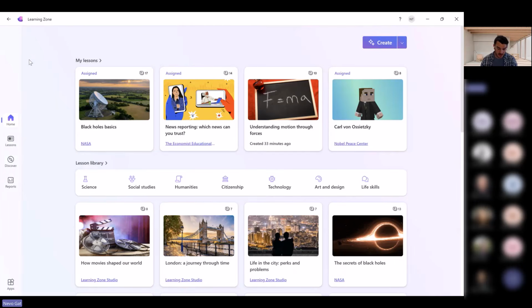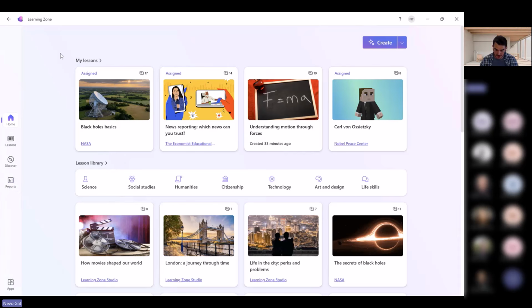Now, this experience has two sides, either with a Copilot Plus PC or without a Copilot Plus PC. With a Copilot Plus PC, you are going to see the exact screen that you're seeing here, but you're not going to have any available lessons. So instead, you will see an encouraging message to create or use existing lessons, and you're going to see the Create button on top. Besides that, if you're not a Copilot Plus PC user, if you have any other Windows device, you will not have the creation option, but you will have all the other options that we're going to see